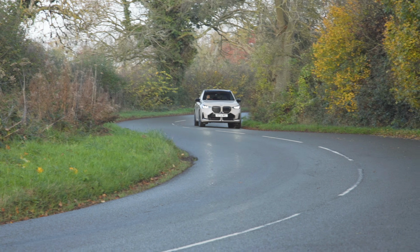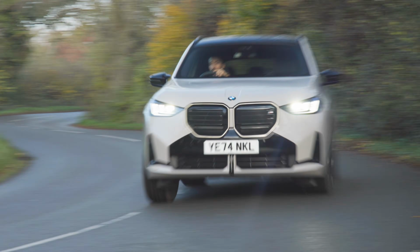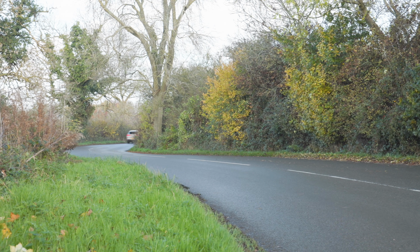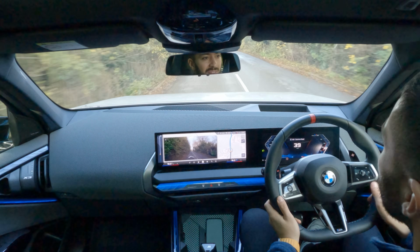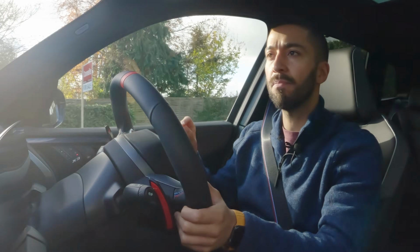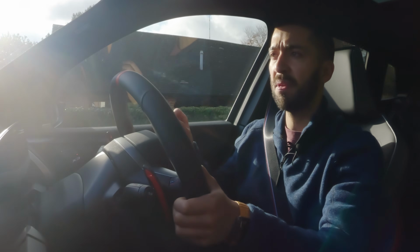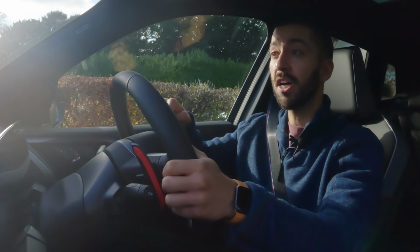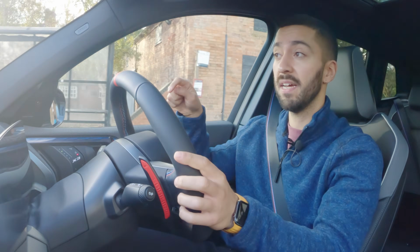As fun as 0 to 60 launches are, most M50 owners, like most X3 owners, are probably going to drive their SUV in a more sensible manner. And handily, going for this top grade 6-cylinder model has advantages for that too. As I said, everything's really smooth, but what actually is most impressive is the start-stop technology. And you might be thinking, start-stop impressive? No thanks. Honestly, when you've got a starter generator in a proper mild hybrid system like this car, I can